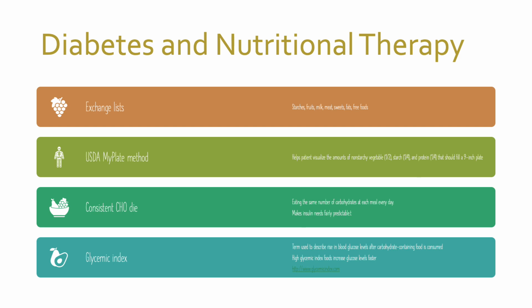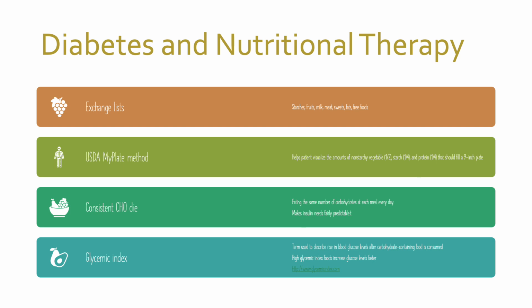So there are other ways to manage diabetes besides carbohydrate counting. The exchange list, that was what my little brother grew up on. There's a certain amount of starch, fruit, milk, meat, fat, different things that they can do. For each meal, they're allowed, for instance, 2 breads, or the doctor will prescribe it, but 1 fruit, 2 meats, whatever it is. And then they know what things fit in that category, and they choose their diet to have the prescribed amount.